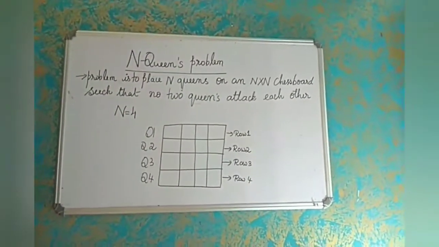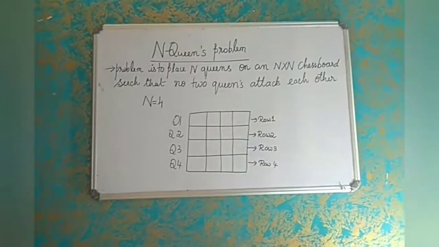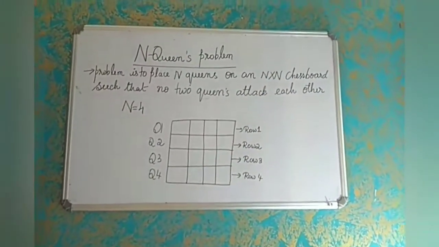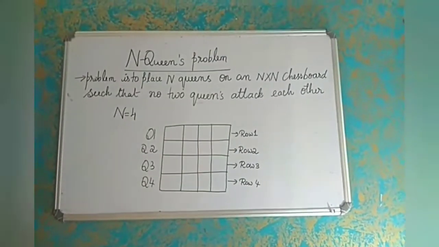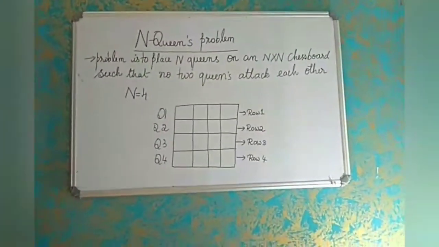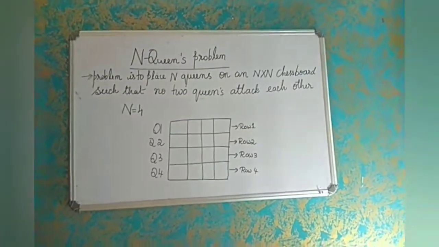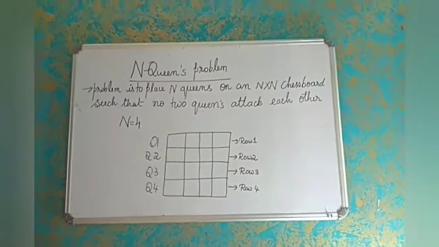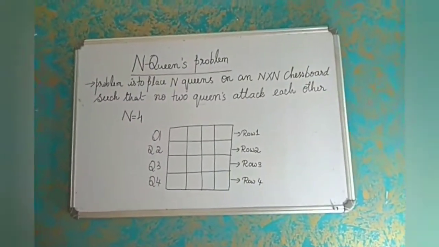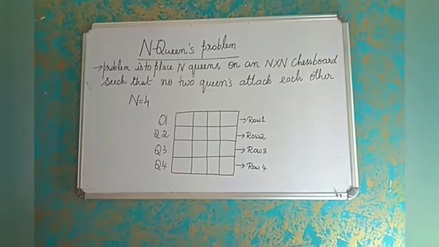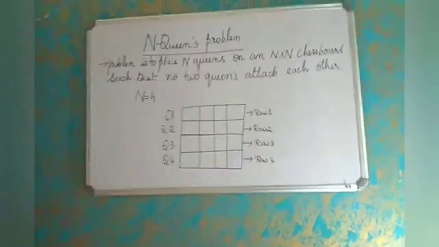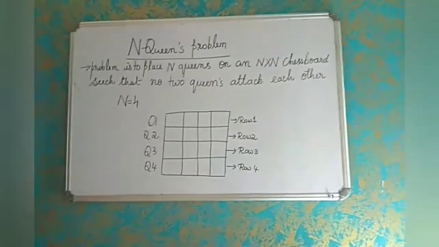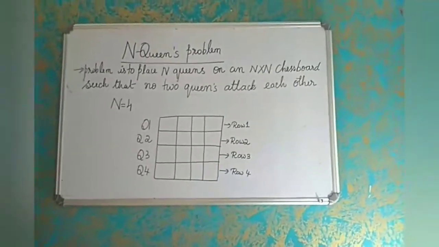Now we'll see what happens when n is equal to 4. When n is equal to 4, you can have a solution here. Actually there is more than one solution for n is equal to 4. Using a state space tree, we come to the solution of n is equal to 4, the 4 queens problem. We make use of the state space tree. Before drawing the state space tree, in order to simplify the solution, let us assume one thing. What is the assumption?